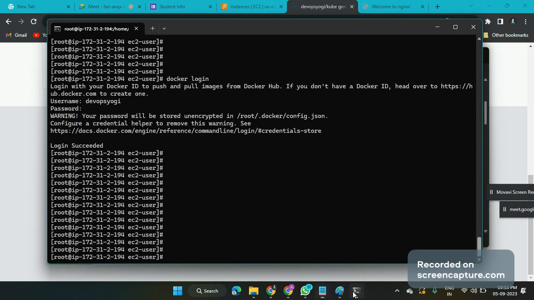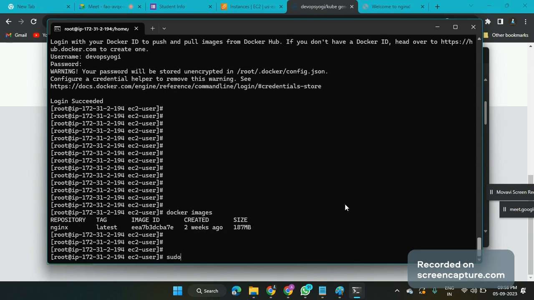Let me tell you here. Sudo docker tag nginx:latest